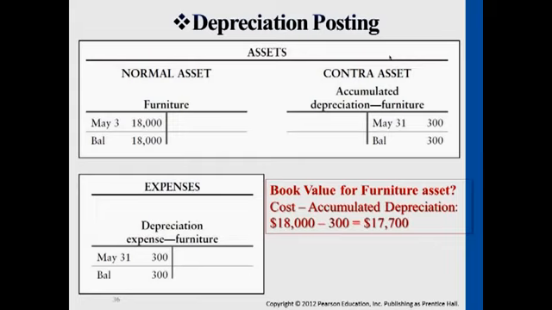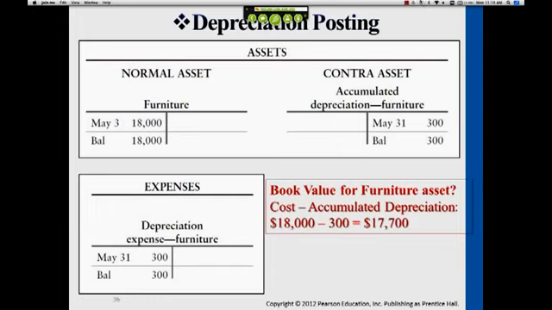The normal balance later, under financial statements in Chapter 4, you will see that furniture is listed first, and then accumulated depreciation of furniture is listed behind it, right next to it. Then you will have a summarized balance, 17,700, next to it. So it's already there when you look at